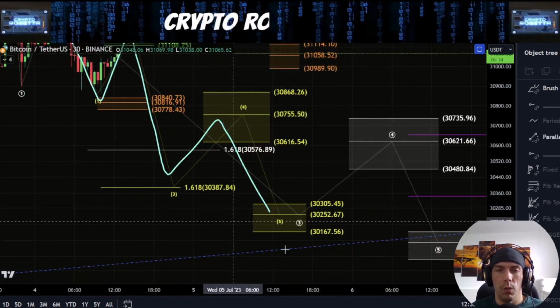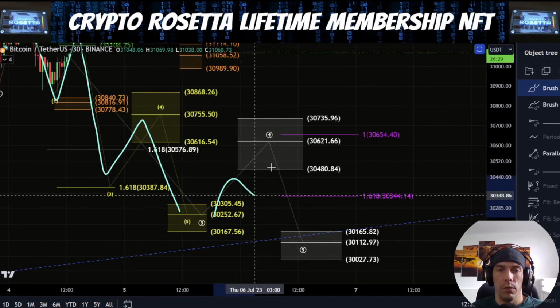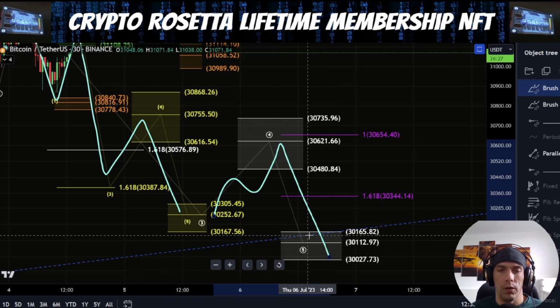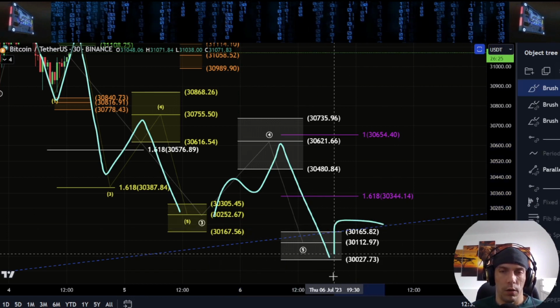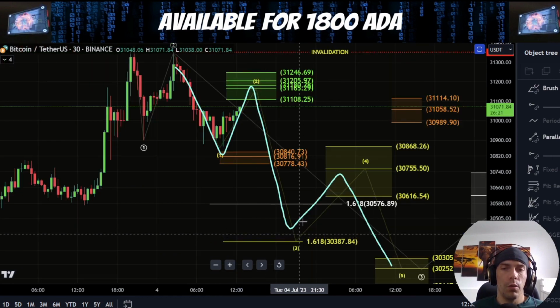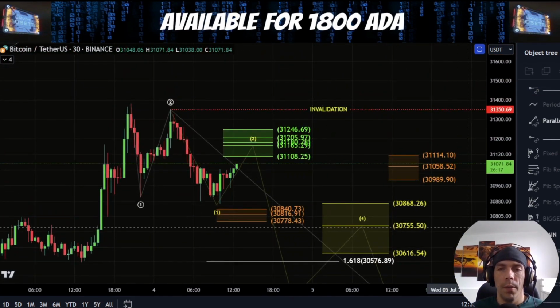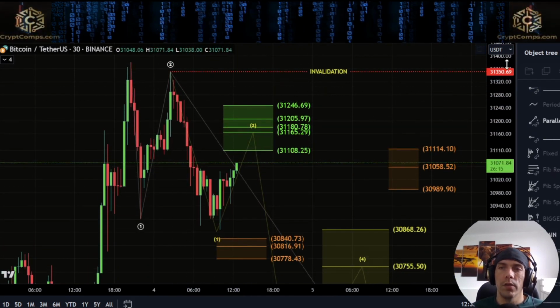Then we'd be looking for potentially moving into this 30,305. Then we'd be looking for an additional fourth wave here and a fifth wave to the downside, where we actually look to target out this 30,165 to this 30k region. So that would be if we don't get extension. If we start to get extension, these targets can change. Now, like I said, invalidation of this is coming back above this